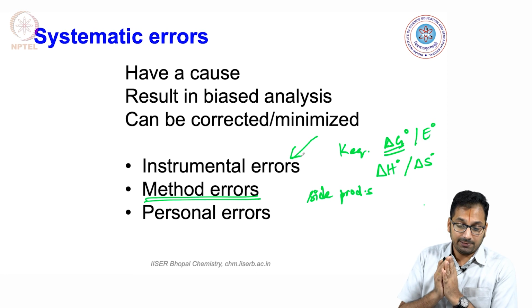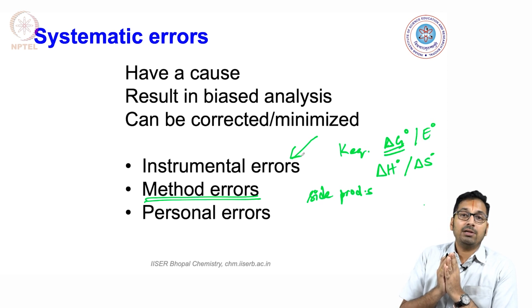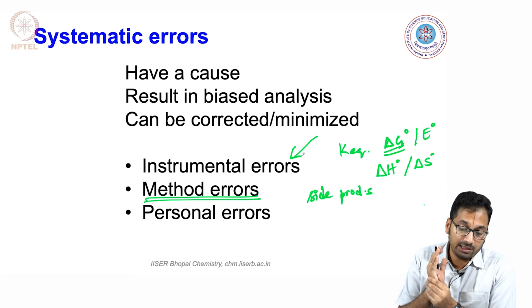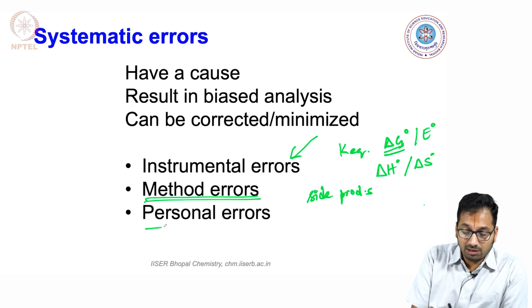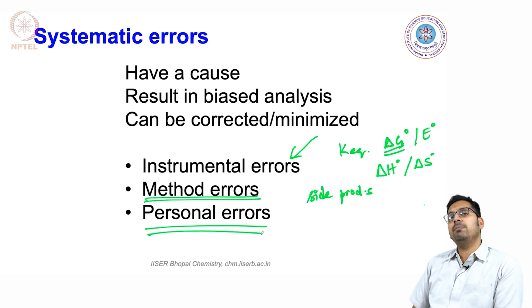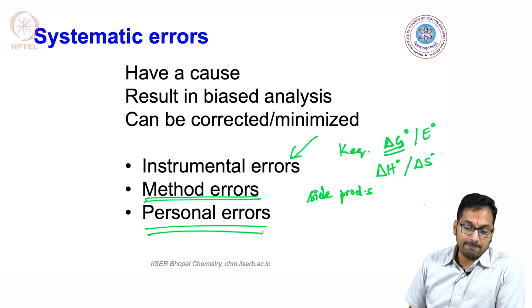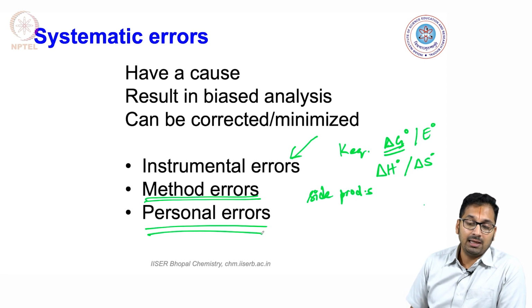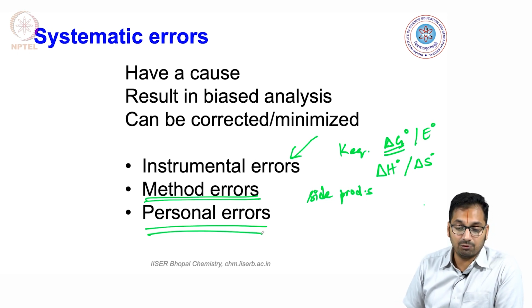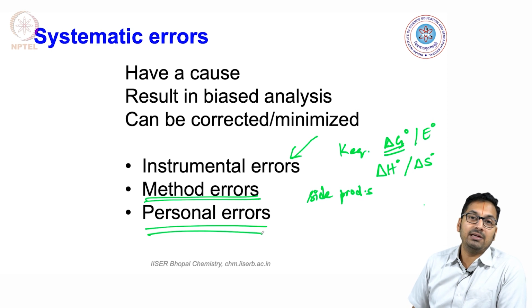Now, coming to the final point that will help us conclude the systematic errors, you could also have personal errors that could come in. What do we mean by personal errors? It could be that a person is trying to do a titration where the indicator that you end up using gives a color that this person is not perceiving due to whatever problems. It could be a color change that happens between green to red in a fluorescence experiment where this person is not able to see, probably because this person is color blind.